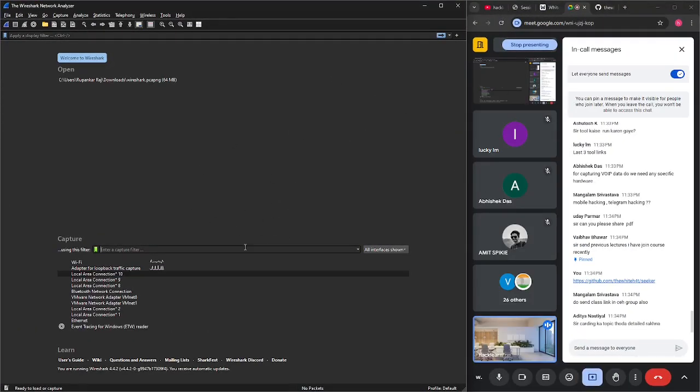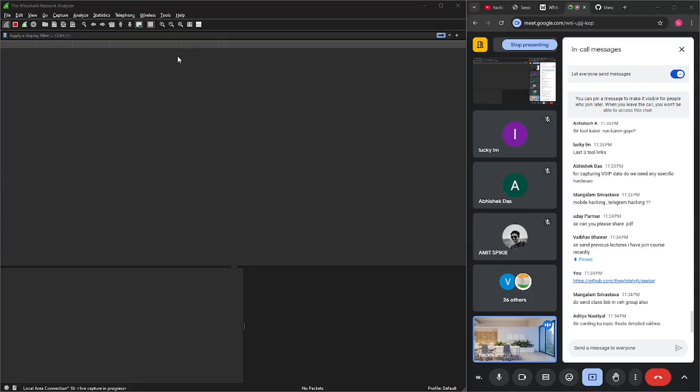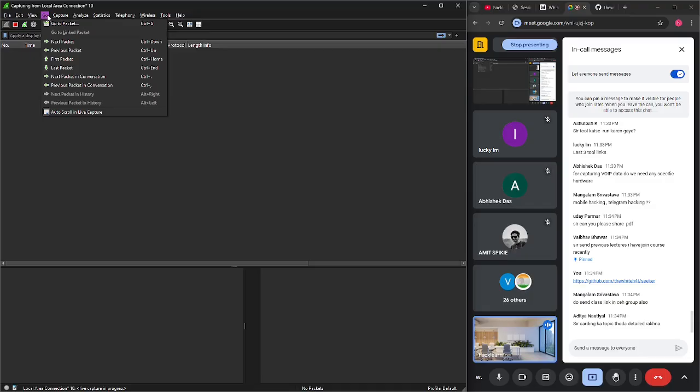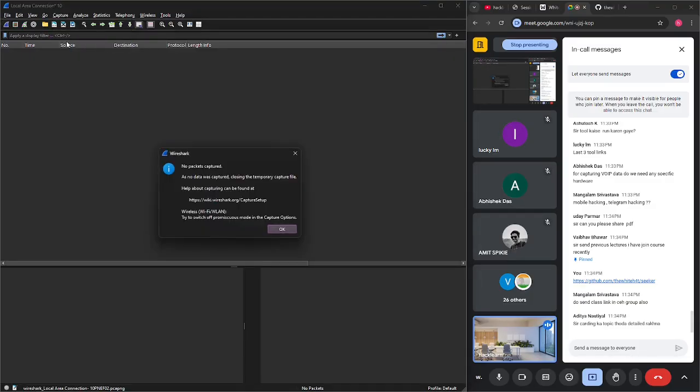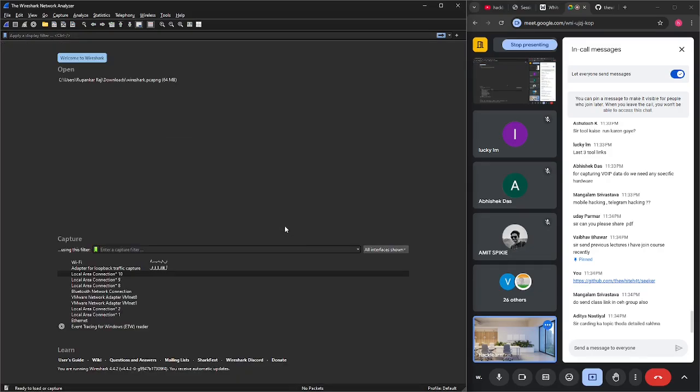Okay, so this is how Wireshark looks, and from the blue point, you can start it. When you press here, it will start on your local interface. It will start capturing all the traffic going through your network. Let it start. After that, you can also start from here. You can stop monitoring from here. If you want to stop monitoring, it will stop monitoring.